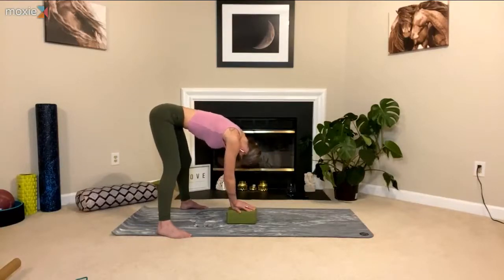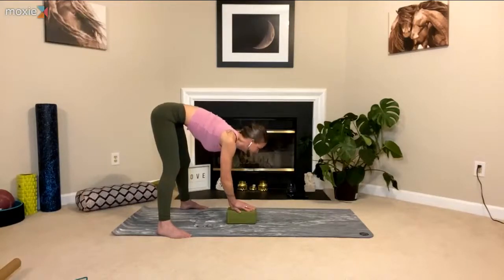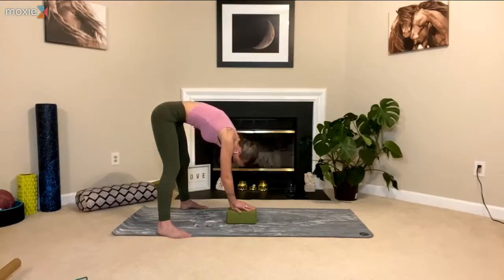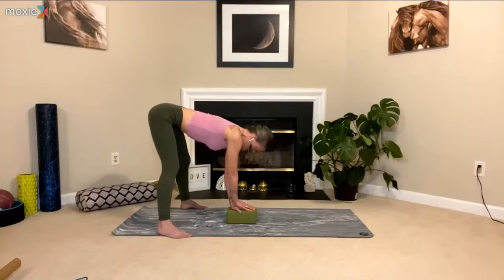Two more times. Inhale from the hips, low back, mid back, upper back. Draw those shoulder blades close. Look forward. Exhale from the hips. Feel the core draw in and up, low back, mid back, upper back, neck. Inhale, extend. Feel that movement come through the spine,